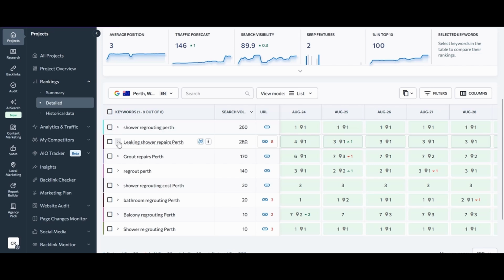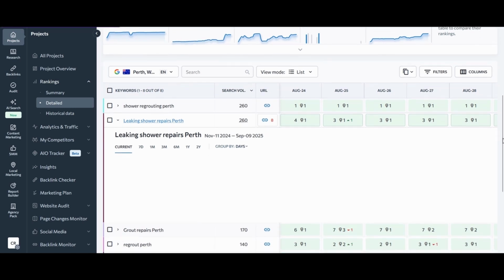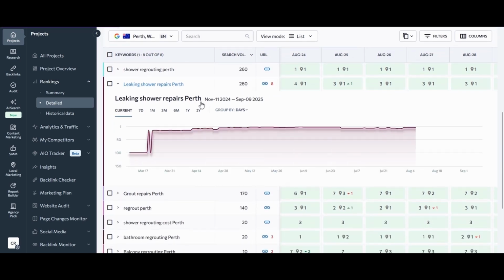Next to the keyword, there is a little toggle button. If I'm to click on this toggle button, it will then display over the last 12 months or from when the customer initially started with me, and I've implemented their data here. In this case, from November 11th, which is when the client engaged my services, through to September the 9th, which is today's date of making this video. As you can see,